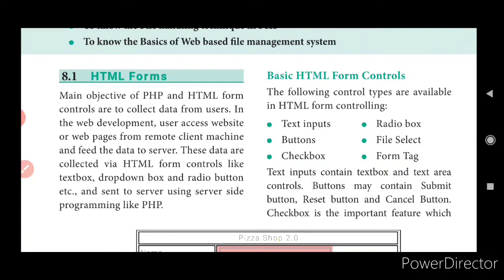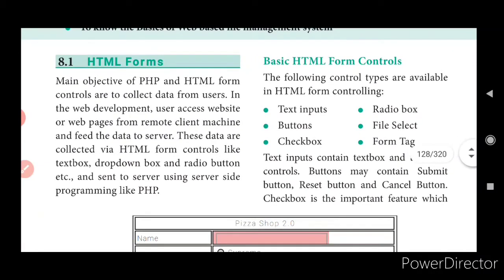Fine. What is drop down box? Drop down box is actually used for choosing things from the list that we get. And what about radio button? Radio button is used for gender. Say for example, whether you are a male or a female, right? You cannot choose both, isn't it? You will be choosing only one. That is your radio button. And what about checkbox? Checkbox is actually used for selecting multiple items. In your radio button, you can choose only one, whereas in checkbox, you can choose many.